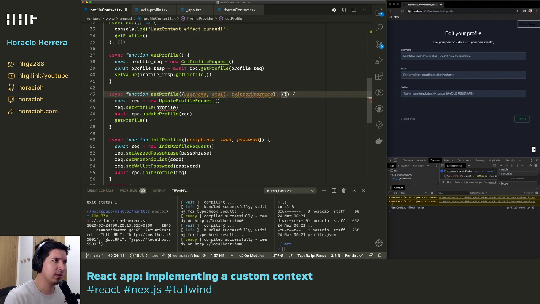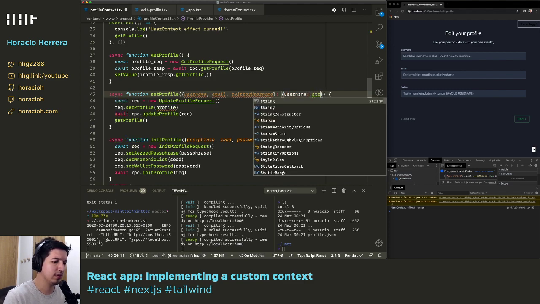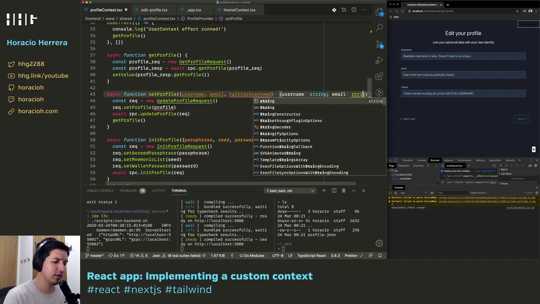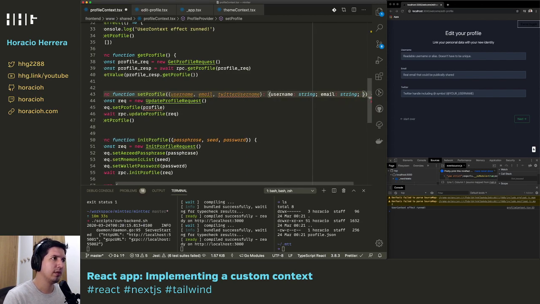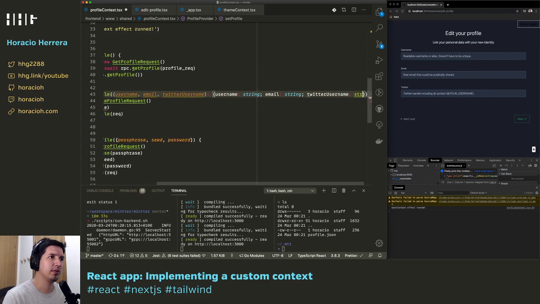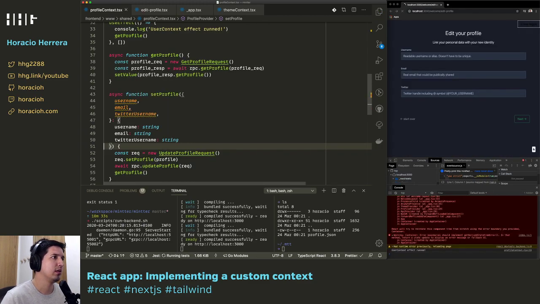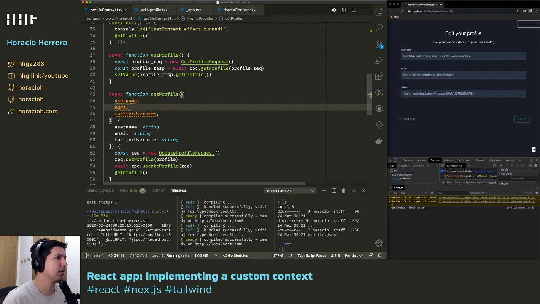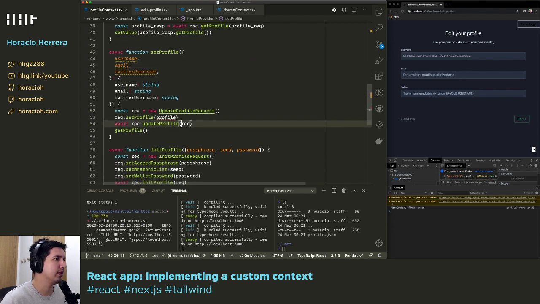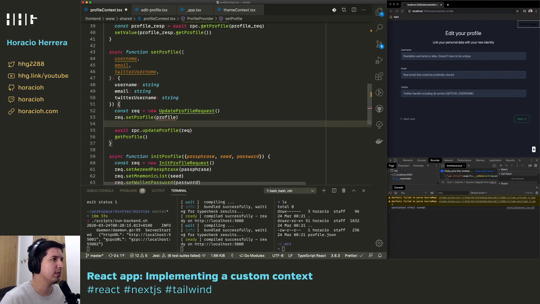Let's just do here username string, email string, Twitter username string. What was that? The user is defined but never used. Okay, so now I can do